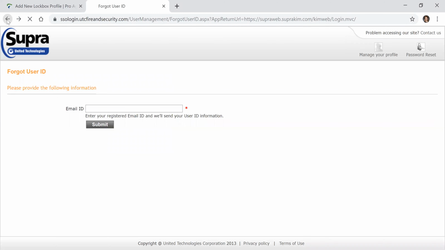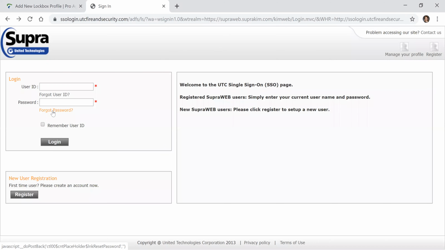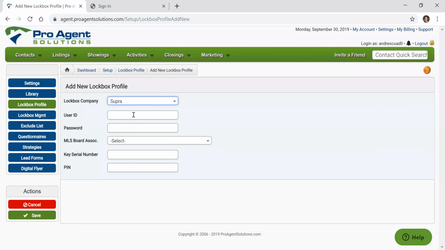So once you've got the user ID, it's the same thing for the password. If you don't recall it, you can click on Forgot Password, and then it will walk you through how to reset your password. So once you have the user ID and password, you can just enter it into the system here,